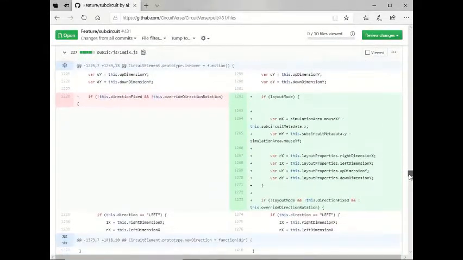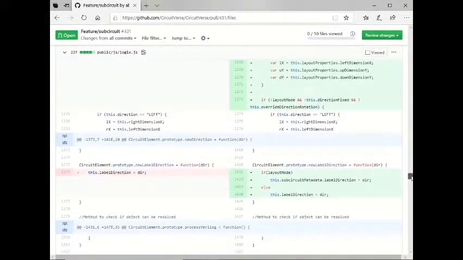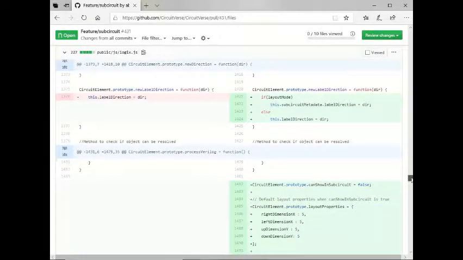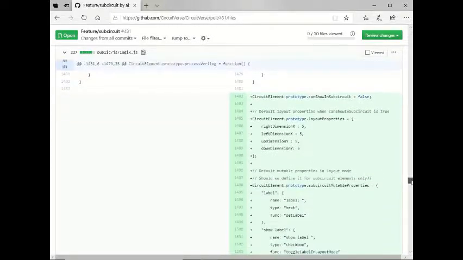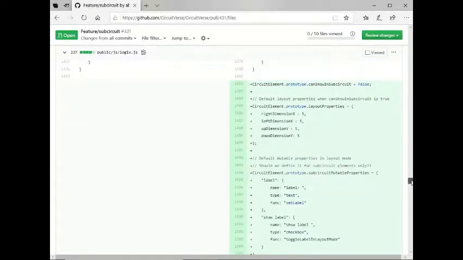Release click. It's okay. Here is hover. New label direction. This are